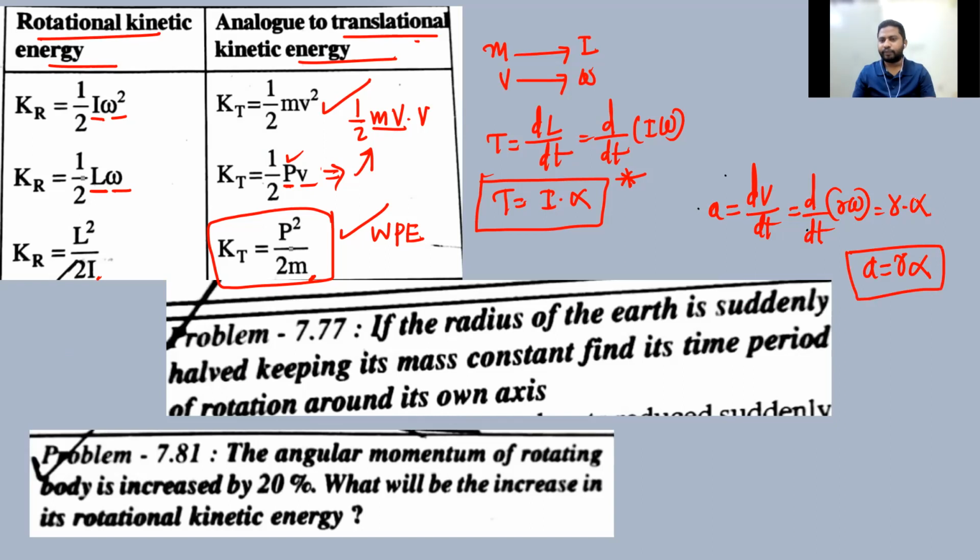Look at here, very important here. The relation between linear acceleration and angular acceleration is a is equal to r alpha. The relation between torque and angular acceleration is tau is equal to I alpha. And I can also write this tau is equal to I into alpha, where this alpha I can write as a by r. Understand? So this a by r is from where? See, from this alpha is equal to a by r. Okay.